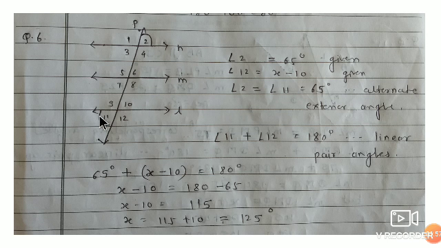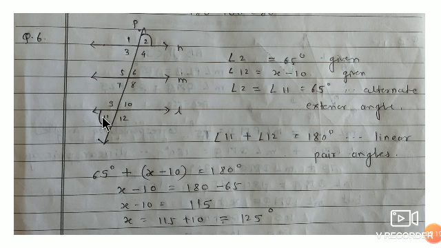This angle 2 and the angle 11, here I name the angles: angle 1, angle 2, angle 3, angle 4 like this. So angle 2 and angle 11 are alternate exterior angles, and we know that alternate exterior angles are congruent. That's why its measure is 65 degrees.